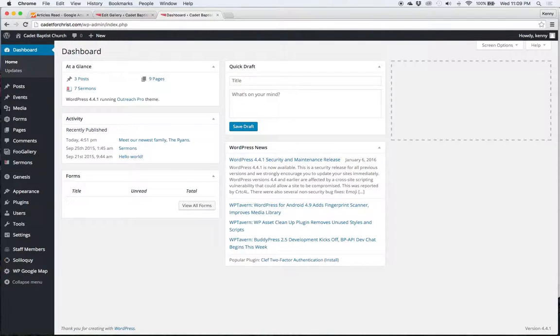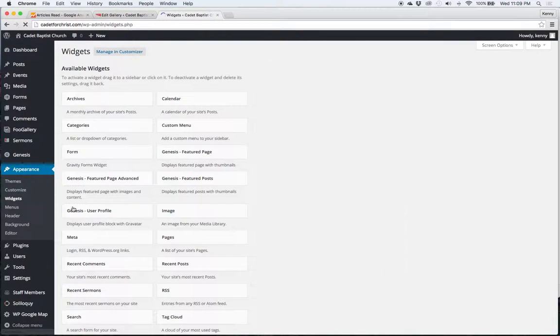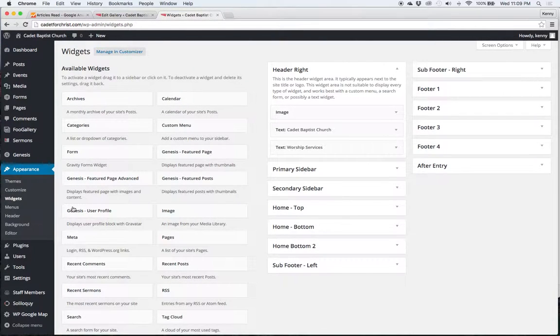We are going to be taking a look at the widget section of our website. It is used to control the home page and also to control the sidebar that appears on some of the other pages on the website, and then also the header to some extent as well. And so if we look at the site and we go to the home page, we can see that we